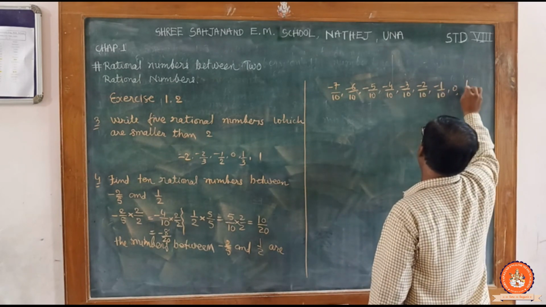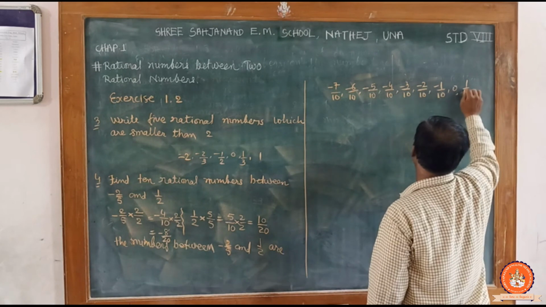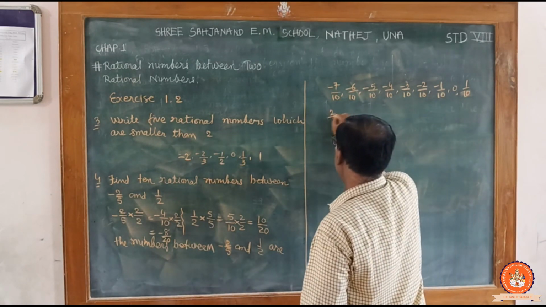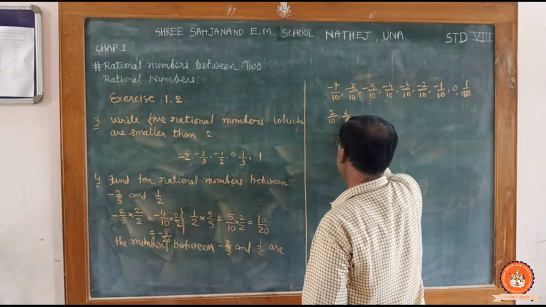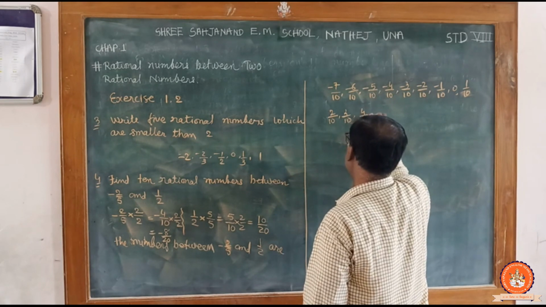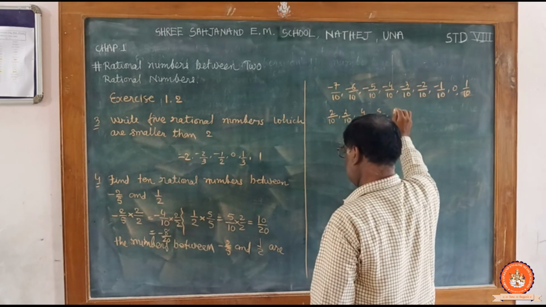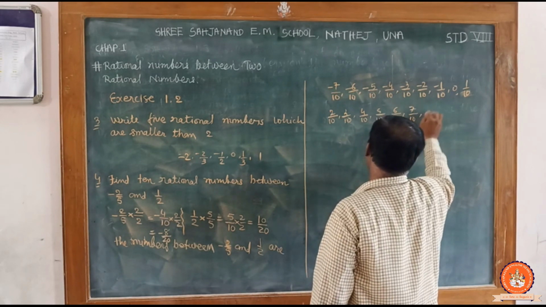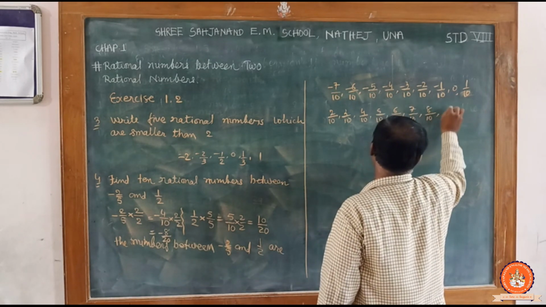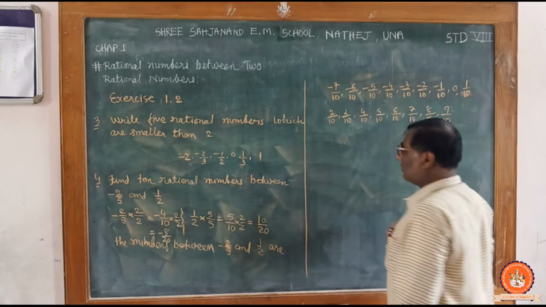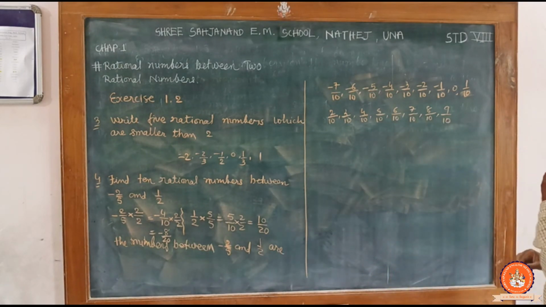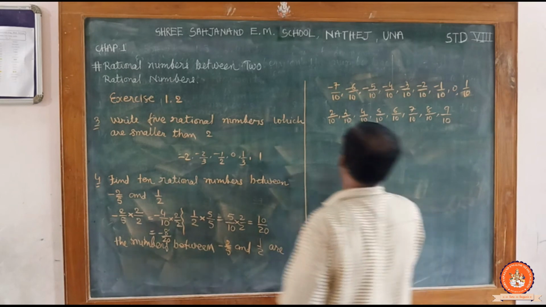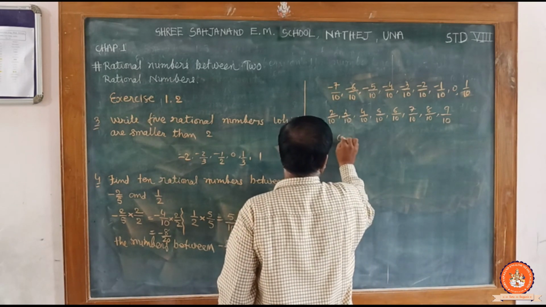It's 0. It's 1 upon 10, 2 upon 10, 3 upon 10, 4 upon 10, 5 upon 10, 6 upon 10, 7 upon 10, 8 upon 10, and 9 upon 10. So this list contains more than 10 numbers. We can consider